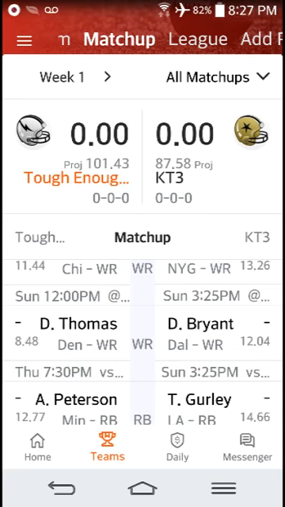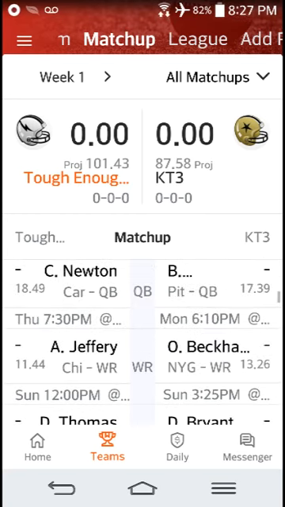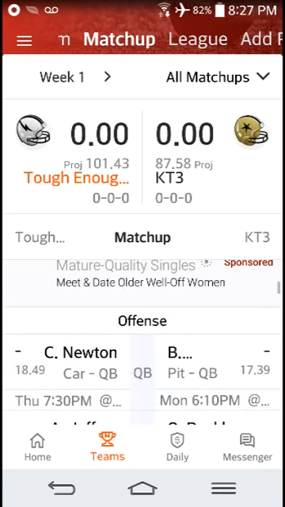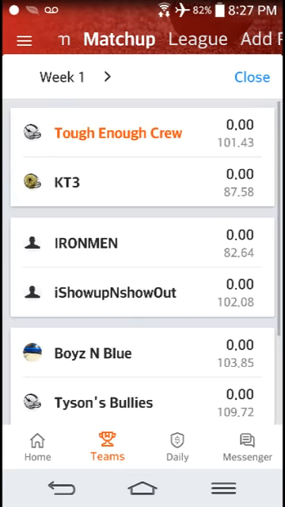It all depends. It's week to week, game to game. That's how it is. So pretty much this is your matchups for each week. This will be week 1. And if I want to hit all matchups, I can see everybody in my league who they're playing up against, and if